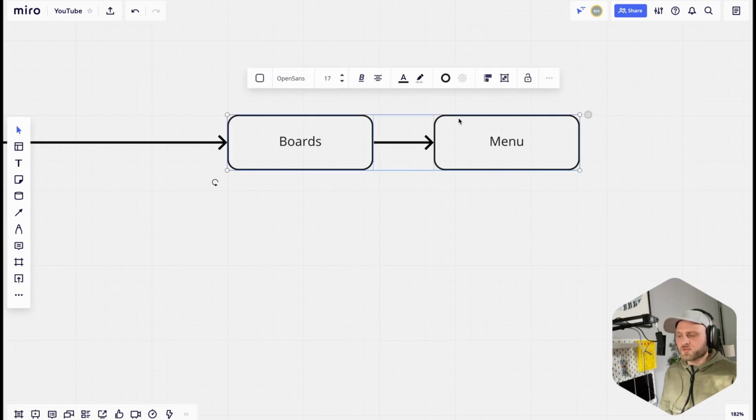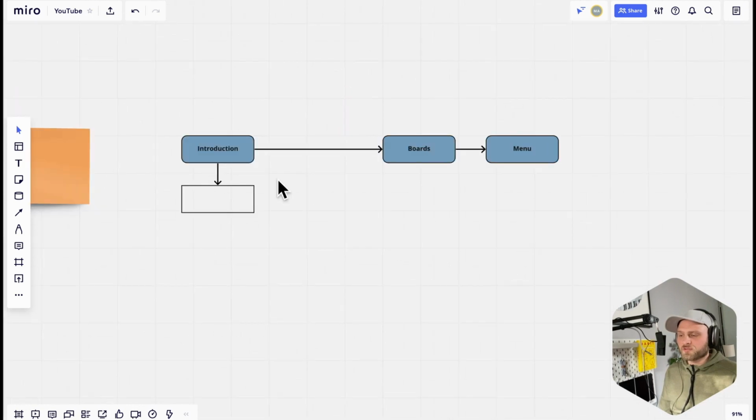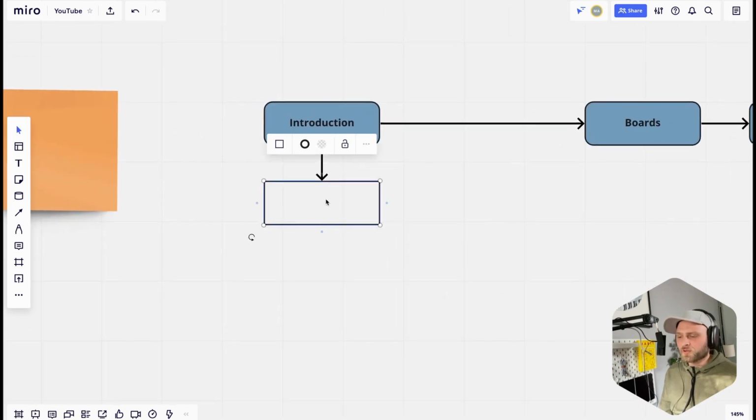And then it's super easy to go in and paste that style for these guys. So that means that you don't have to do this individually one by one. Now you have the same style on the chapter headings. And then for the introduction, I can go in here and say